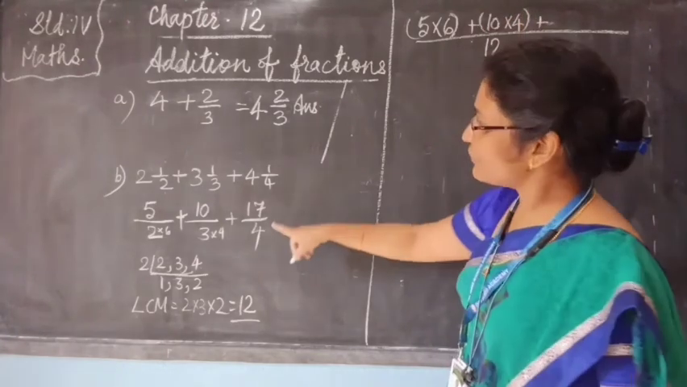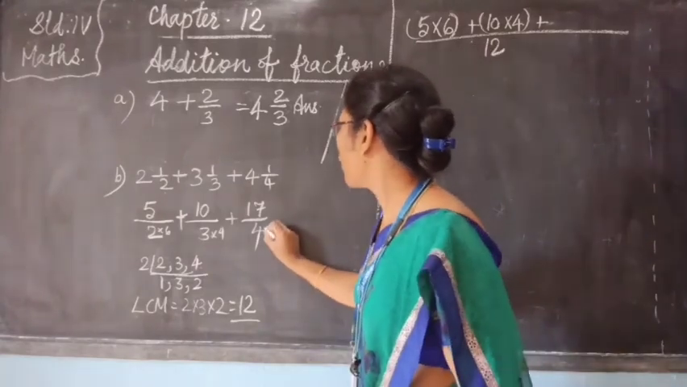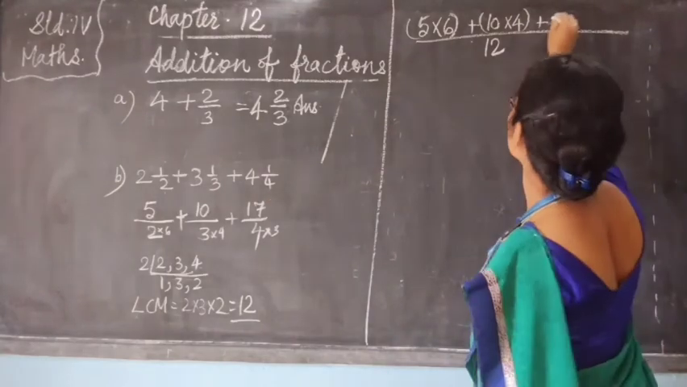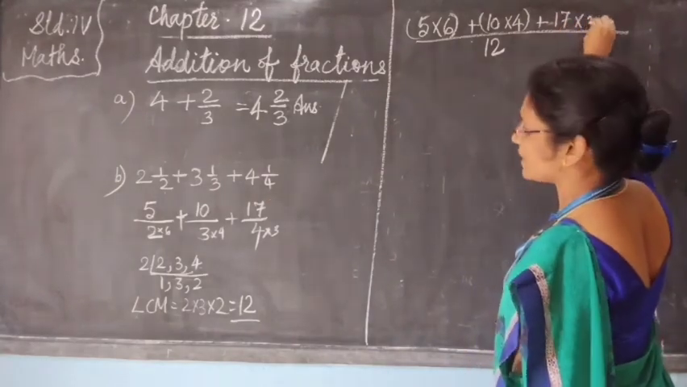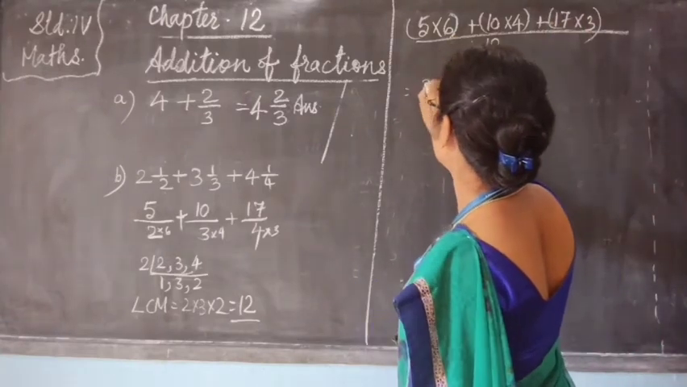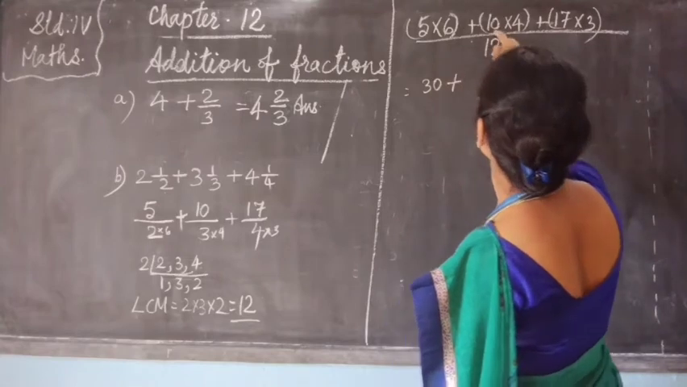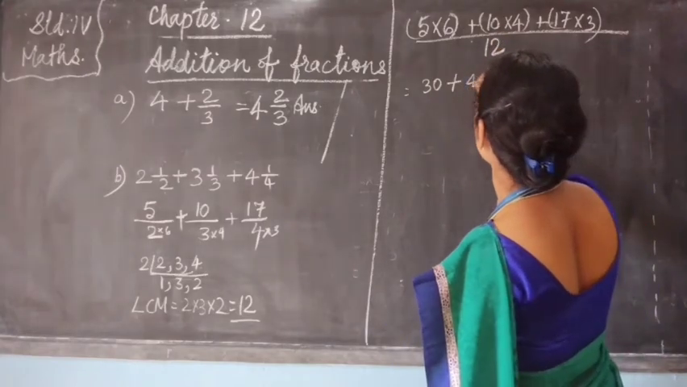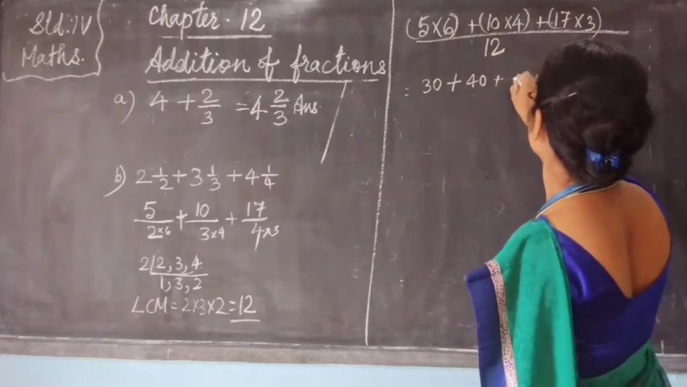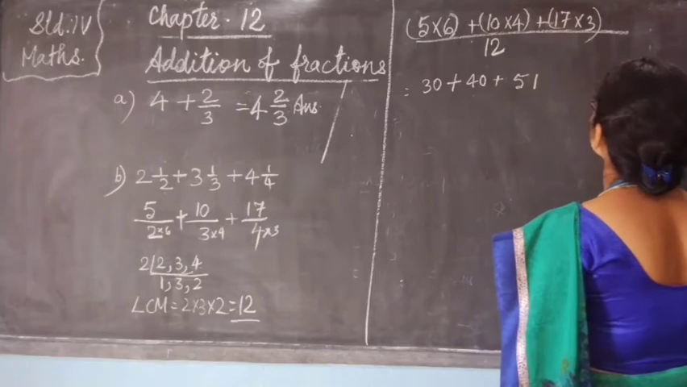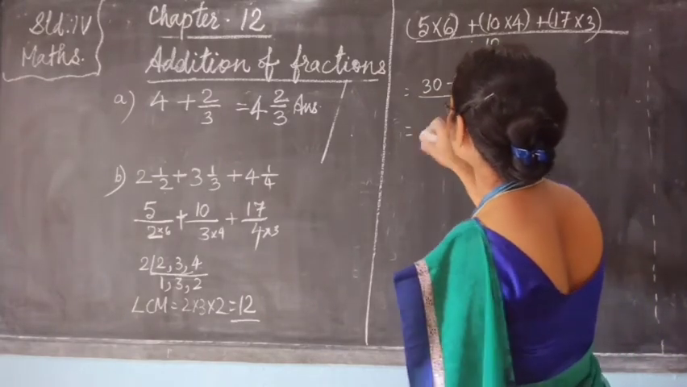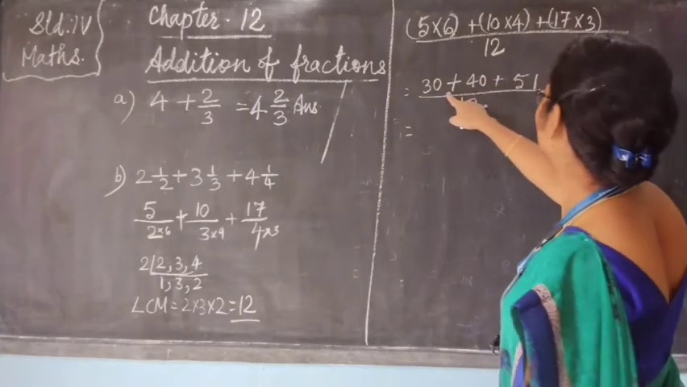Next, how many 4's are 12? 4 threes are 12. We can multiply the numerator 17 also with 3. Okay. We can see 5 sixes are 30, plus 10 fours are 40, plus 17 threes are 51, over 12. When you add, you will get